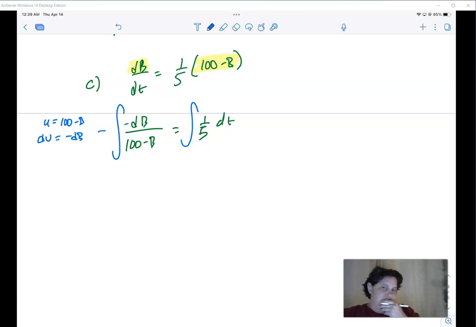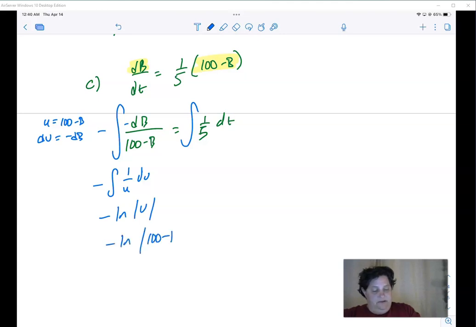Okay? So as long as you recognize that there's going to be a negative there, then that's 1 over u du, which is ln. Negative ln of u, which is negative ln of 100 minus b. Okay, so we do have that negative there. On this other side, there's really just one step, because the integral of 1/5 dt is just 1/5 t